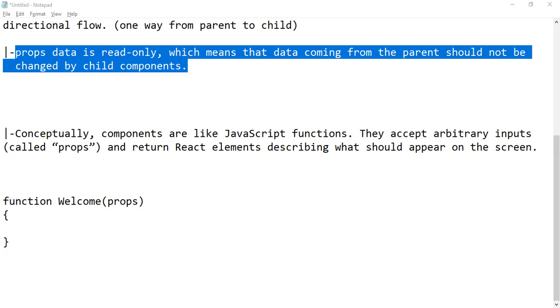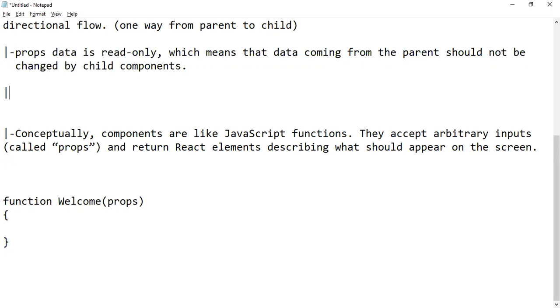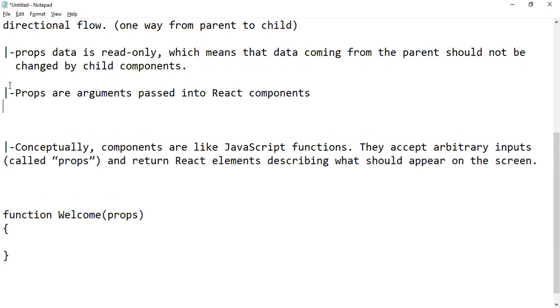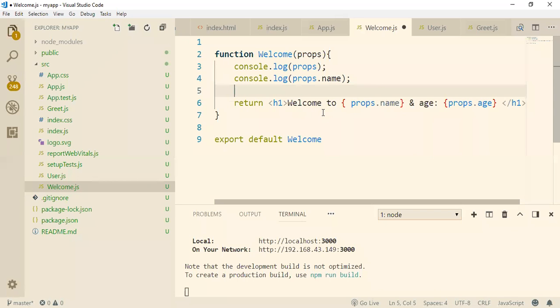So we can say props are arguments which are passed into the React component. I think you are now able to understand what props are and what the use of props is. Thank you.